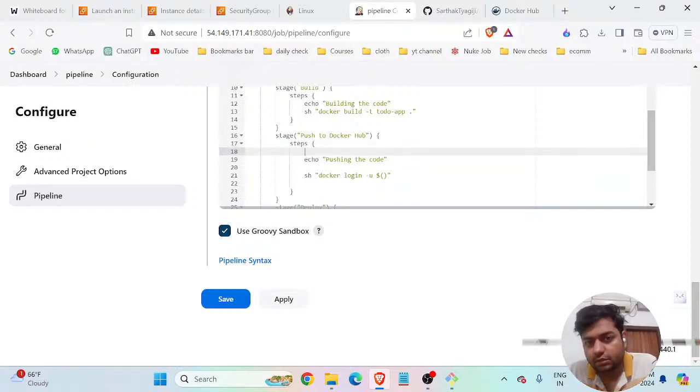I already built the images, so now I have to tag it. Docker tag, what is the name of my to-do app, and whatever it is, to